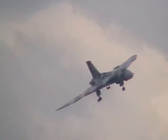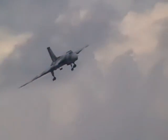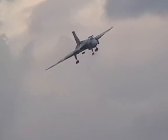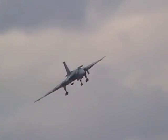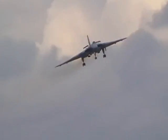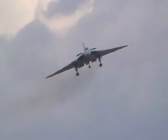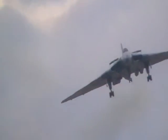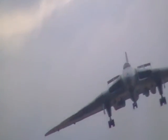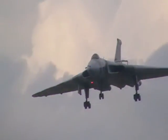And there you can do all sorts of good things. You get to the website, you get to try and land the Vulcan at the simulator. You can buy all sorts of things like t-shirts, DVDs and pins, and you get signed books by the aircrew. Some of the aircrew will be there. And you can join the club, the fastest growing aviation support club in the world. More than 8,000 members of the Vulcan to the Sky Club contribute magnificently to the continuing progress of this wonderful old lady. Here she is then coming in with the wheels down